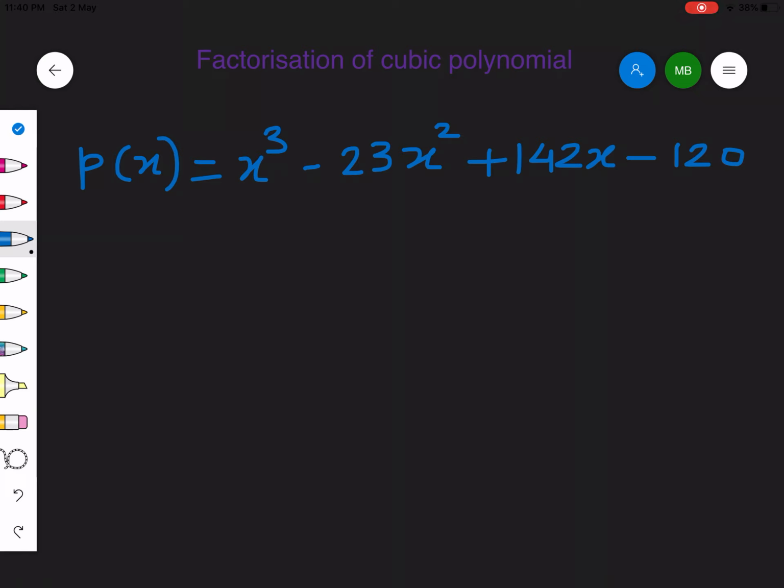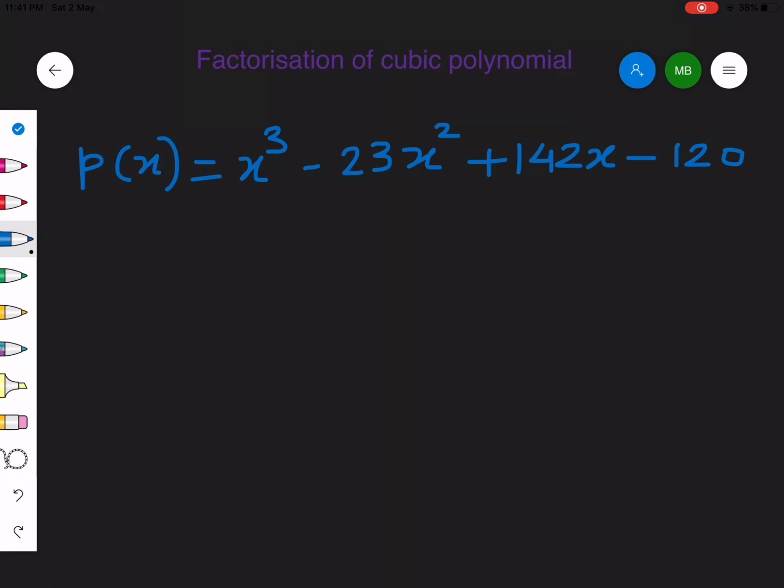So here, factorizing a cubic polynomial will employ a combination of methods. We will be using the splitting the middle term method, or you may say the long division method for that matter. Along with these two, we will also be using the factor theorem, which we have recently studied. Right, so why factor theorem? Because by using the factor theorem we will determine the first factor, or let's say the factor theorem will help us in getting the first zero of this polynomial, and then we will proceed with division.